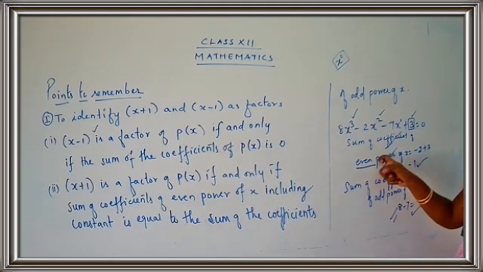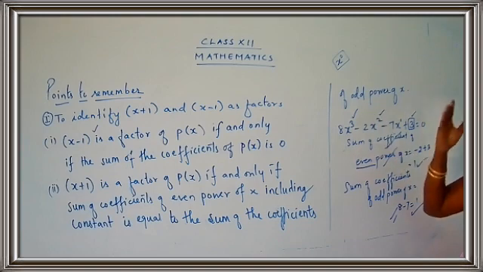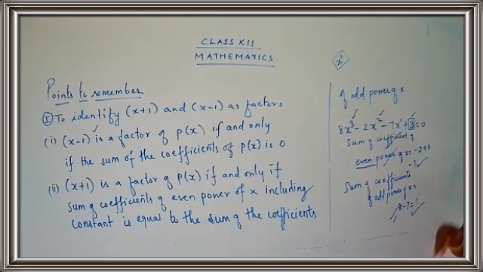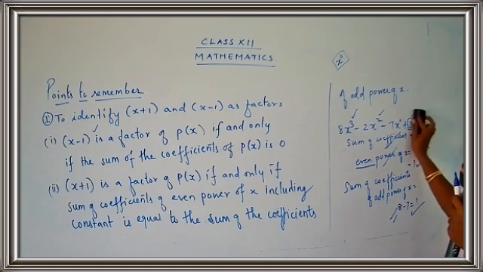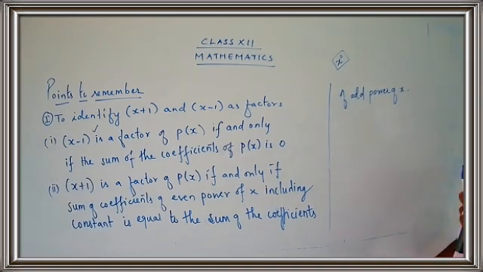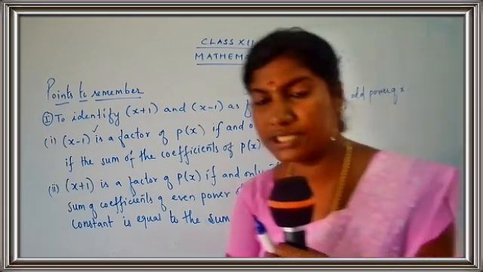Clear? So just see how to take the odd powers, meaning the odd numbers like 1, 3, 5. Even parts means 2, 4. Don't start from 2, you can start from 0 itself. 0 means the constant term. 0, 2, 4, 6, 8 and so on. Are you clear, children? Okay. Let's come to sum number 6. Have you taken down these points? Are you clear with this point, children? Good. So just have a practice.